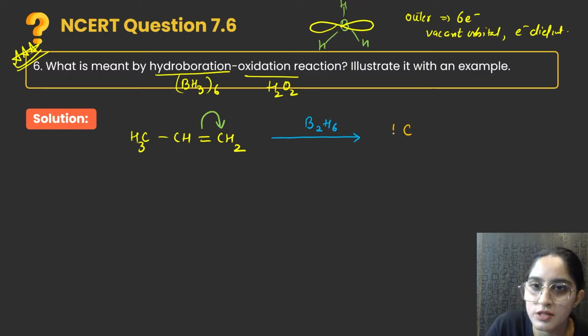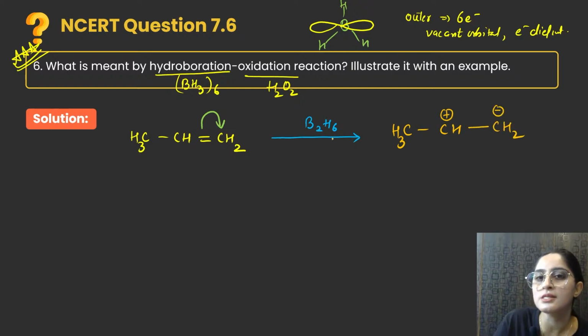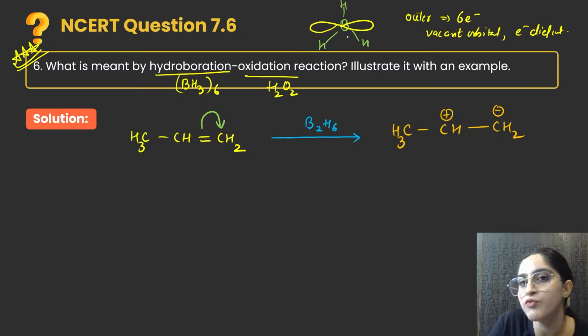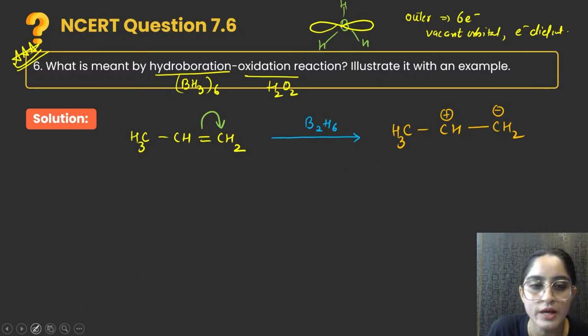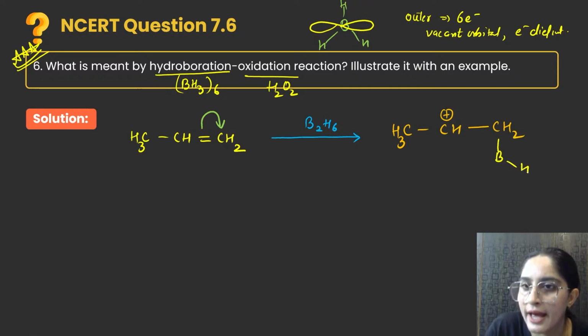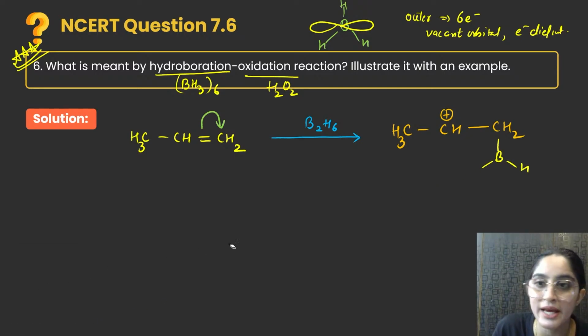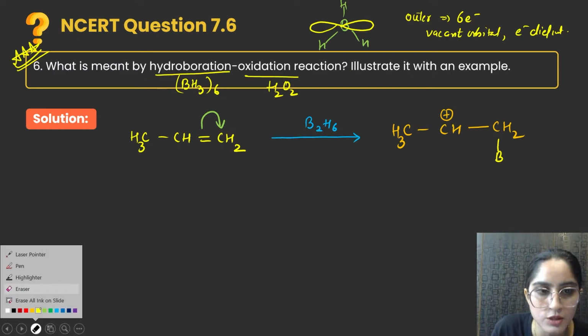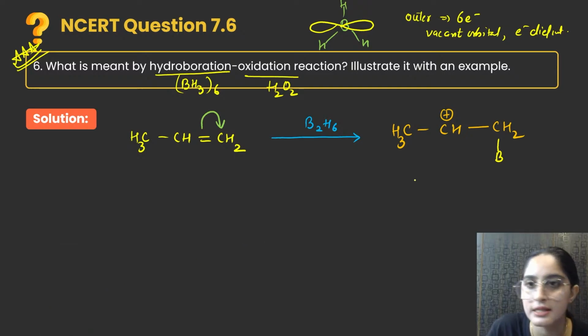Okay, now electrons are going to jump here. Now, beta, what you will have? This is your CH3. This is your CH. This will be positive over here. This will be CH2 negative. To this negative, the vacant orbital, I want electrons, it will get attracted towards this CH2, right? So just erase this negative charge over here and place BH3. I'll place BH3 over here, this is my first H, second H, third H, right?